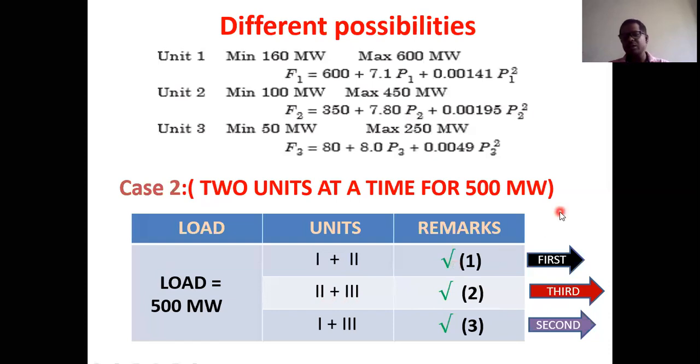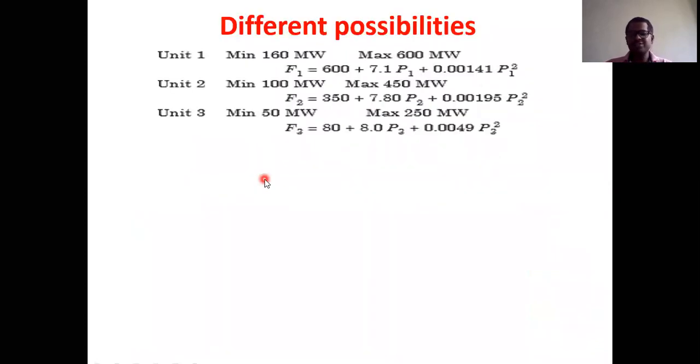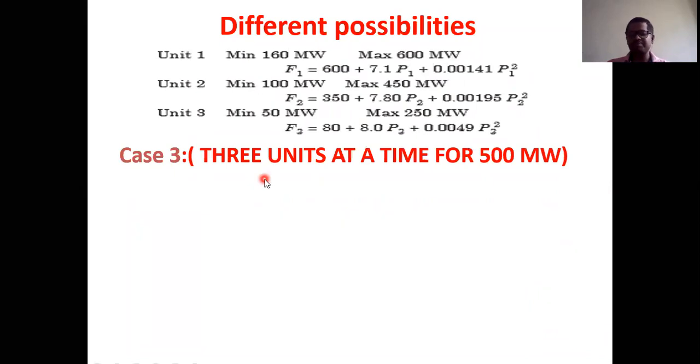So this is the order in which we are going to generate the power in order to meet the load. This is the case when we are taking 2 units at a time. And the next possibility is, let's try to understand by considering 3 units at a time. When you are considering 3 units at a time, how many possible combinations will you get? Here n equals 3, so 2 power n is 8 combinations.